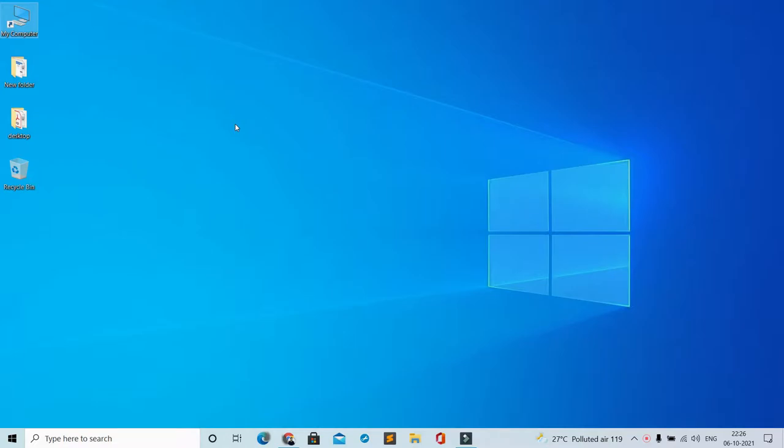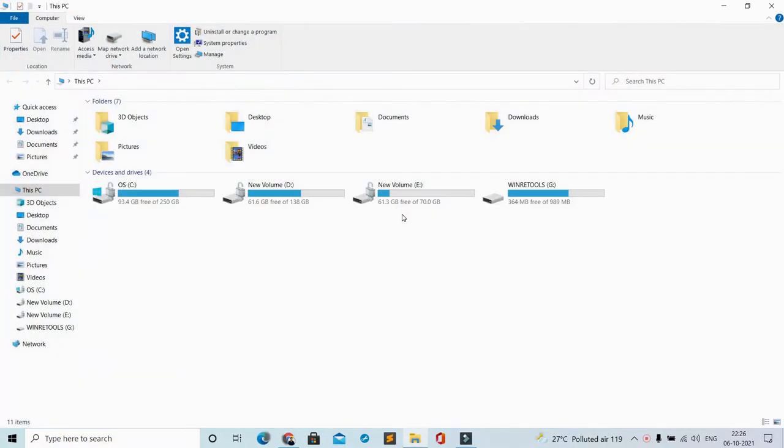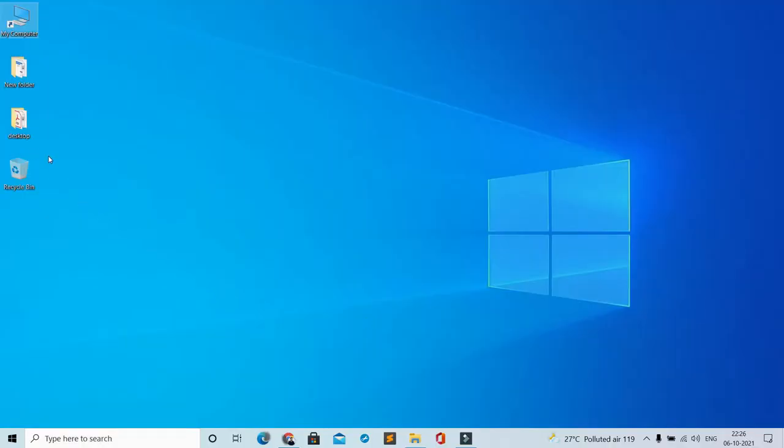In this video I will show you how you can upgrade your Windows 10 computer to Windows 11 for absolutely free without any data deletion. No file will be deleted and this whole process is very easy. You can see in my computer that I have these drives, and on the desktop there are two folders and they both contain some files.